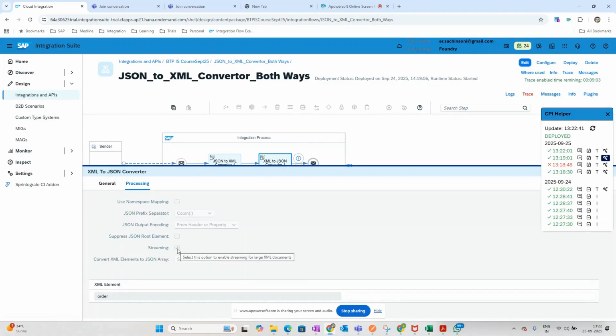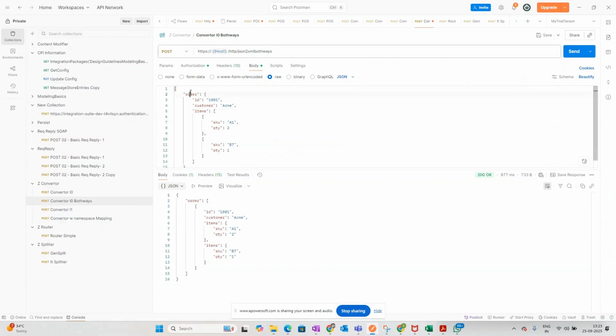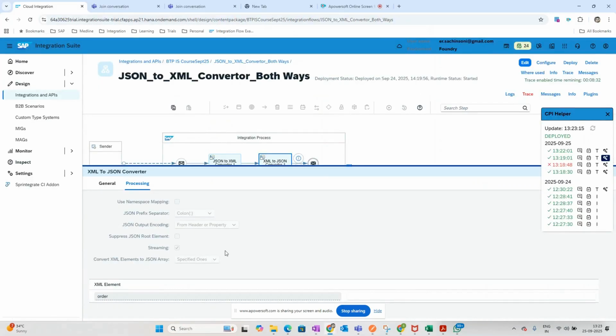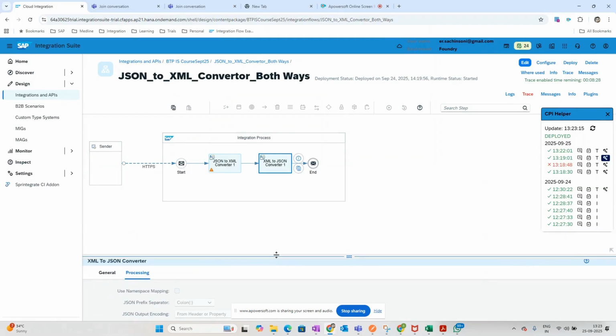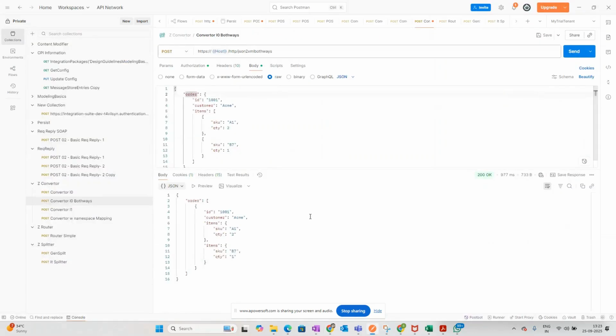Then JSON, as a language, also has something called streaming. This is related to the array concept. Streaming is when you have multiple values and you want to stream them as an array. And in some cases, you may not want a root element. Let's say I don't want the order, I just want this payload to be processed. I can just select this. So the languages are different, and accordingly they've given some more options. Okay, so if I execute this,